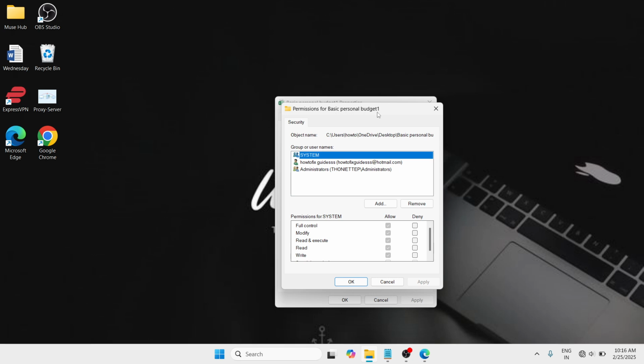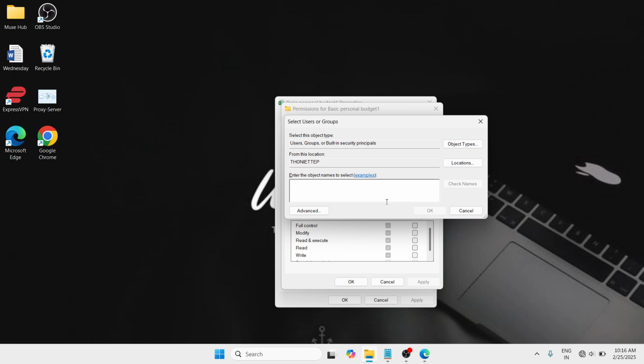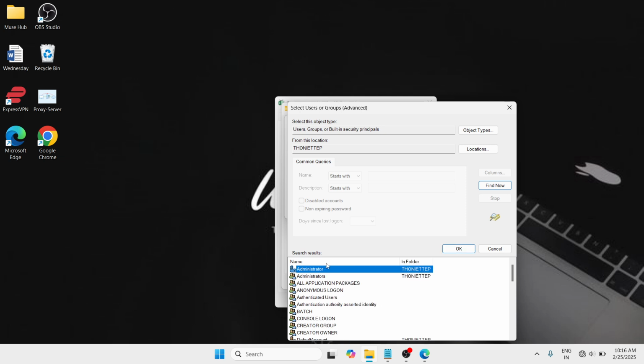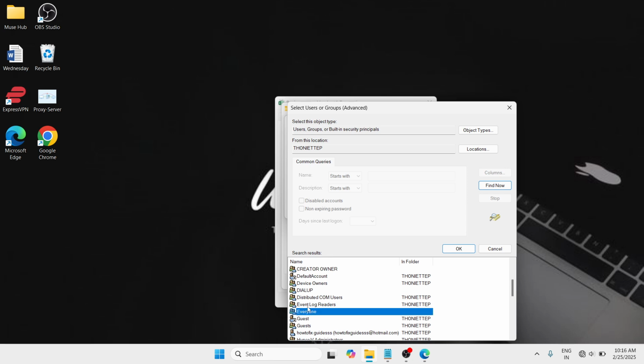So this basic personal budget is the title of the folder that I have. Go with add, and here in select users or groups window, click on advanced and go with this common queries. Go with find now, click on it. The moment you've clicked on it, this will appear. You need to expand it first, and scroll down and look for everyone. So you can see here everyone next to event log readers. Click on OK